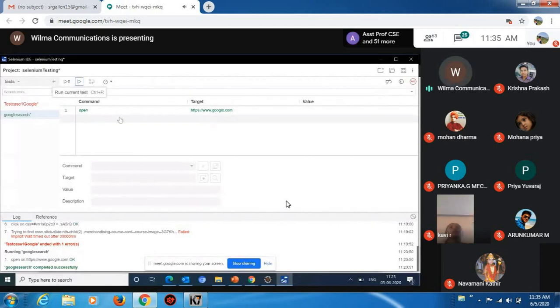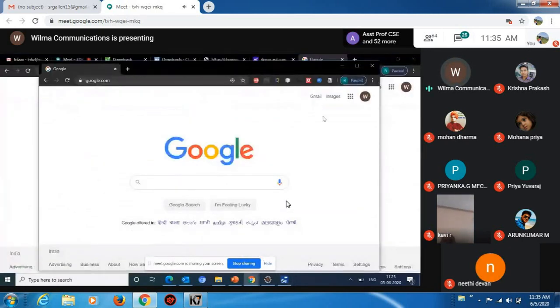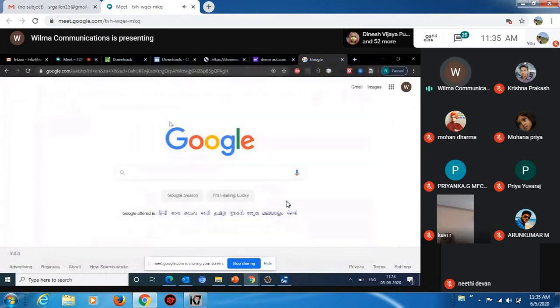Now the second line. Here you can see the Google page has been opened. After Google has opened, I want to type software testing inside this text box. For that you have to use an object identification method, which is called a web element locator.